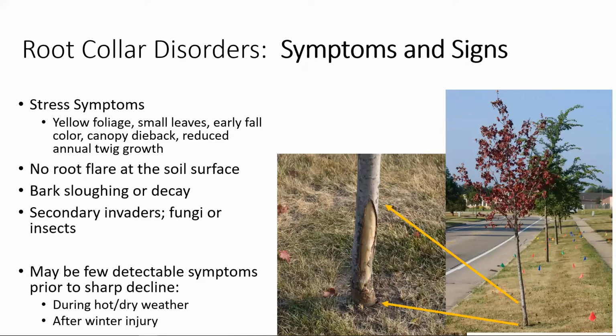But it also looks like a telephone pole going into the ground. We don't see much of a flare, so it was certainly planted too deep. I had every intention in the world to actually go do a root collar excavation, or dig around that trunk. We'll talk about how we perform a root collar excavation on the next slide, but the tree unfortunately was not alive the next year, and I missed my opportunity to do that. So we may see something as obvious as this big dead section, but sometimes it is simply bark that has a different appearance. It's sunken in, it's dead bark due to something that's happened at or below the ground line, or it is sloughing or just looks different.